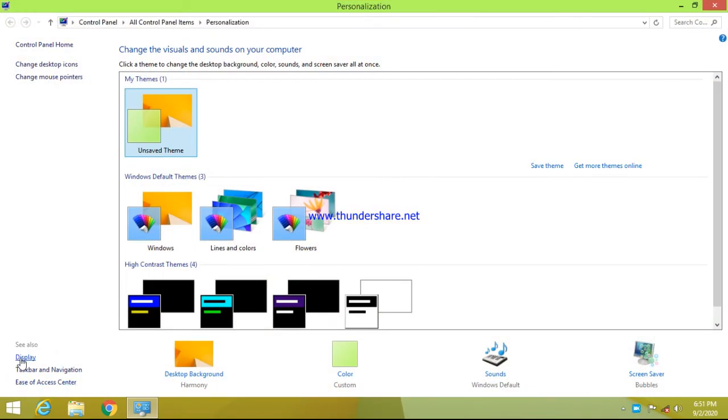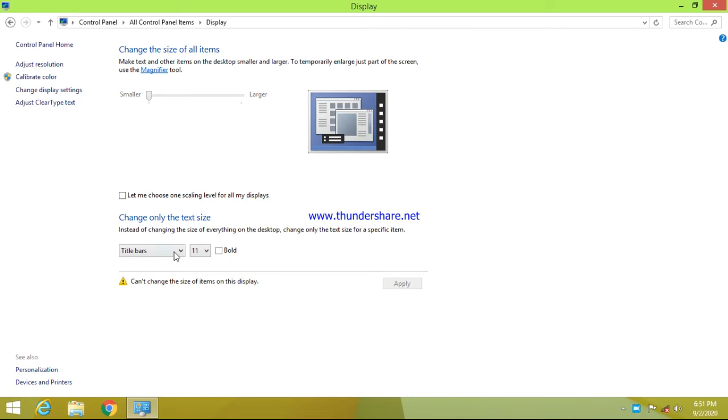Now you need to click on display. Here the title bar is there, in which this is the drop down menu. Click on font list.